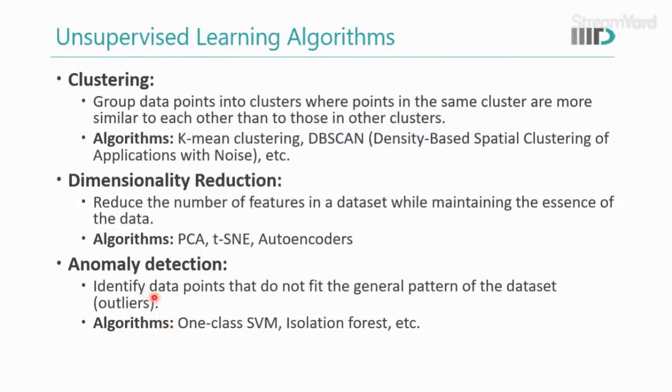Anomaly detection identifies data points that do not fit the general pattern of the dataset. For example, the algorithms used here are one-class SVM, isolation forest, and so on. I will be talking about each of these algorithms in detail. I'm just giving you a gist of what kind of algorithms are available and what we do in